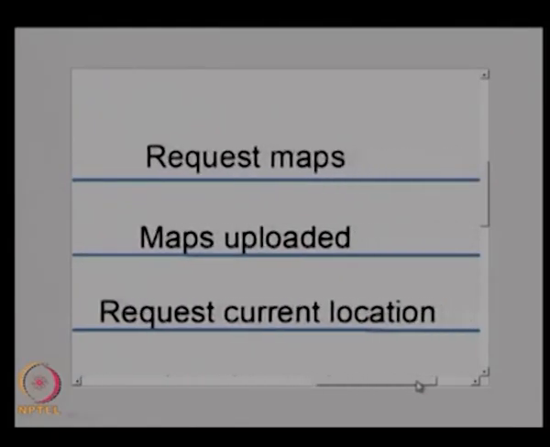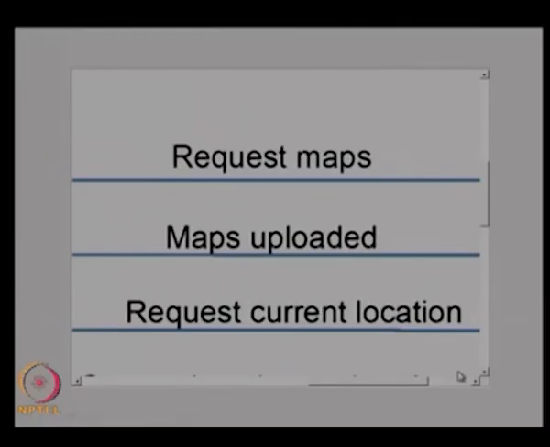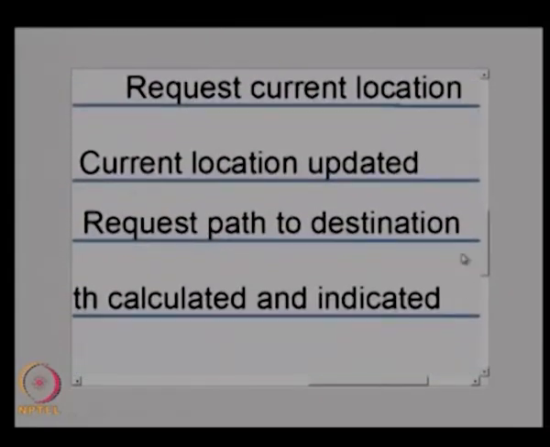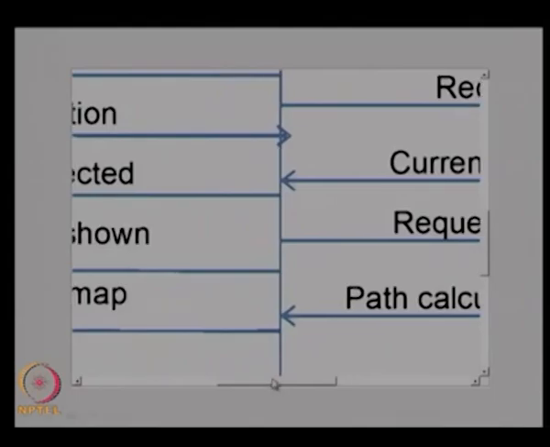So, the GPS data will be downloaded and the maps will be uploaded using the GPS data. The current location and other information will be obtained from the GPS data, and that will be given to the insect system, and then using this data the system will inform the customer about the location and other details. So, this is how the interaction takes place between the user, the system as well as the external system, the